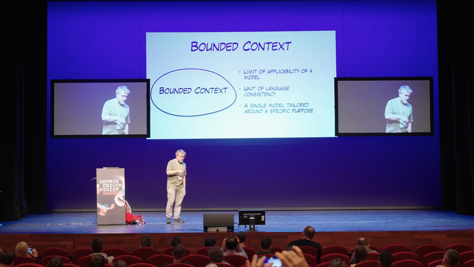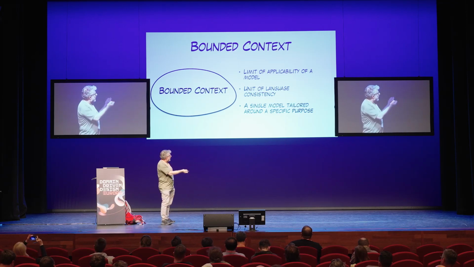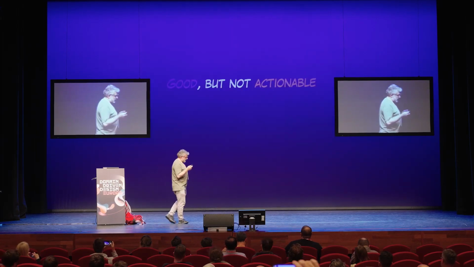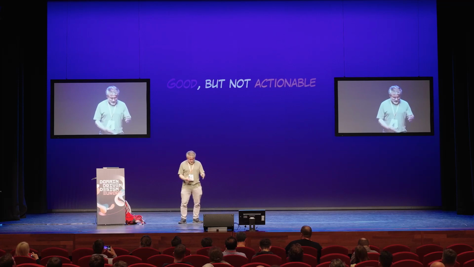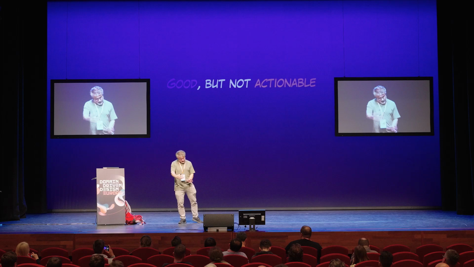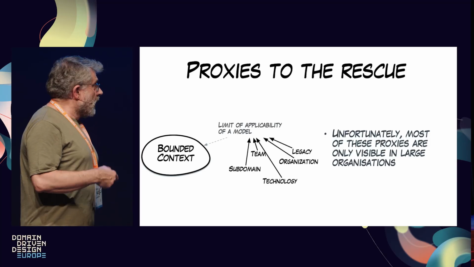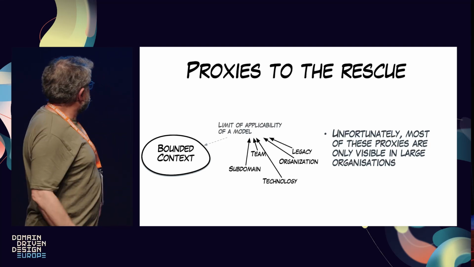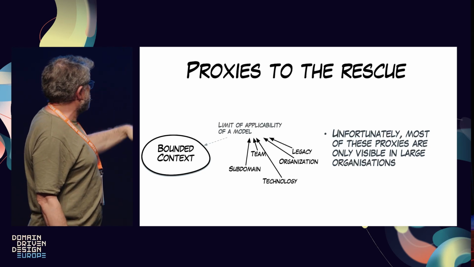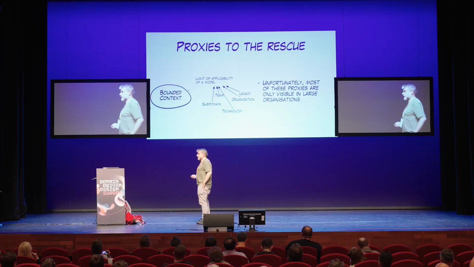So one of the first things that we had to play with is the fact that a bounded context is a unit of applicability of a model or language consistency, a single model. We like the definition, it's good, but it's not exactly actionable. When you have a good bounded context, then you find, oh, it fits the definition. But if you're looking for it, you need something different. In a large organization, you will use proxies. You will use something like maybe subdomains, maybe the limits of the legacy software, maybe the team structure, maybe the organization, the technology. All of this is giving you clues to determine the bounded context.